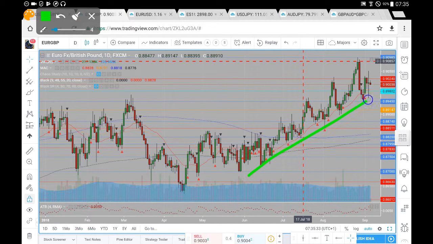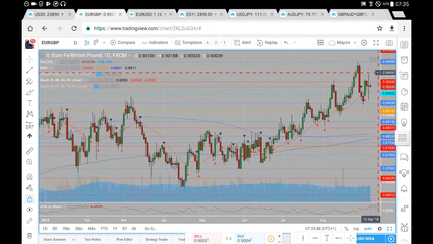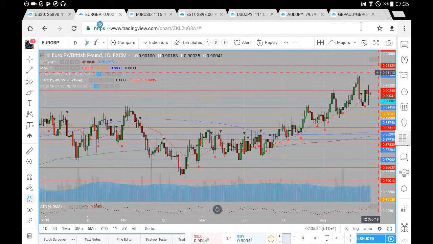So here on the euro against the pound, especially if we do continue to hold above the 89.80, possibly looking for that break above and hold above the 90.24 before retesting our previous highs in around that 90.98. And if we do see that strong continuation beyond 90.98, the very next level of note is a move up towards that 91.42 here on the